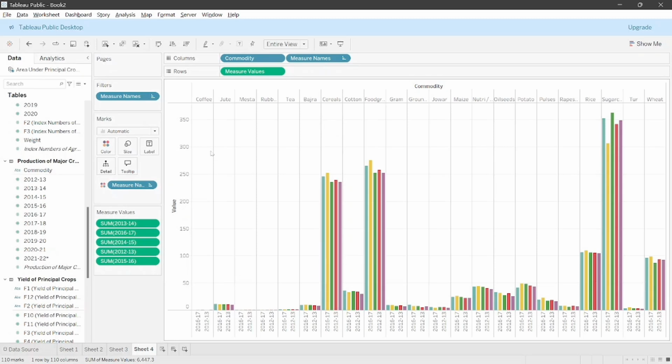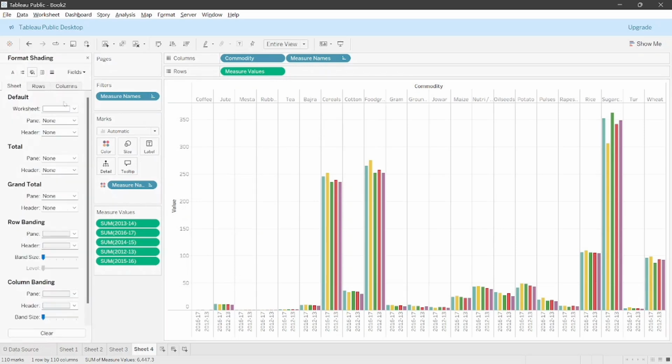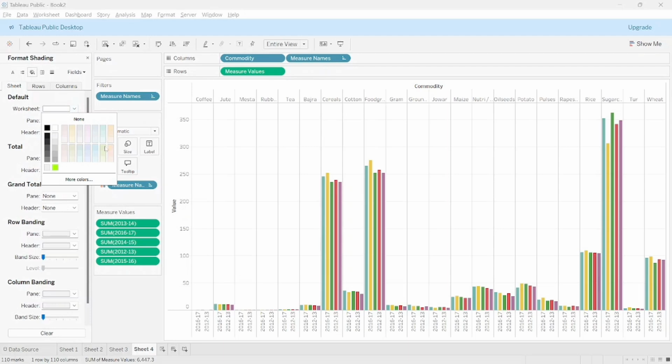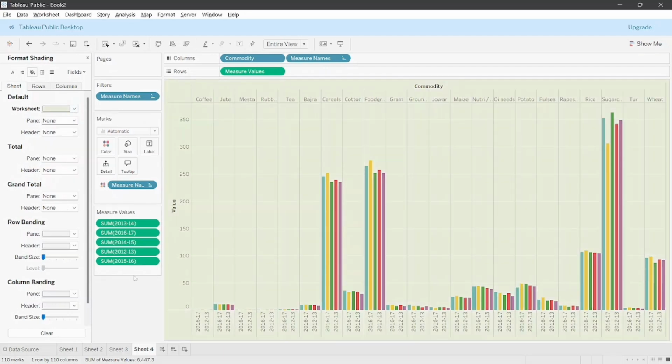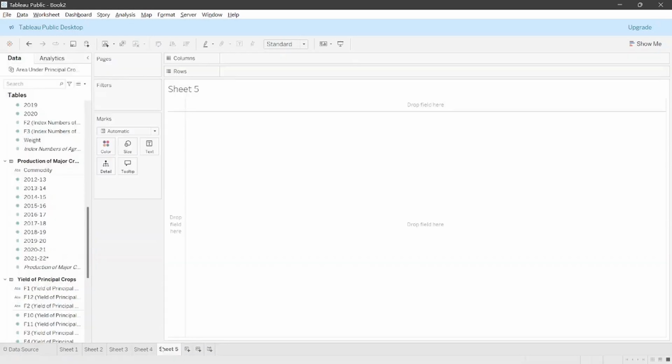Also in this you can format your columns, format your worksheet into the same green color. I'm just going to use this green color. If you want, you can also use any kind of sheets. Okay, so